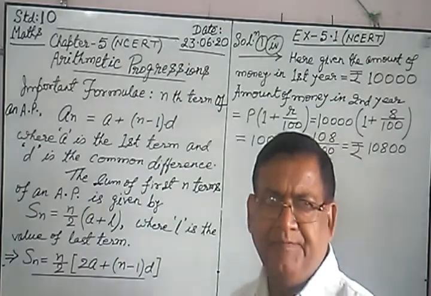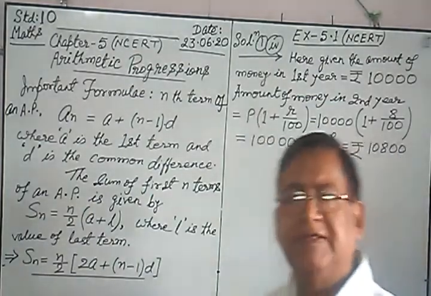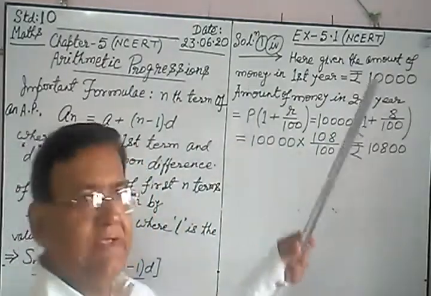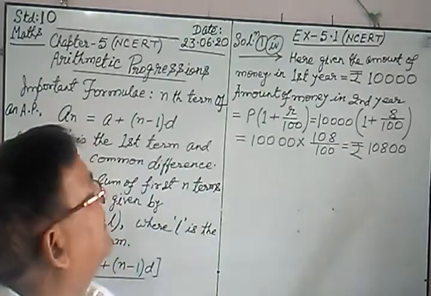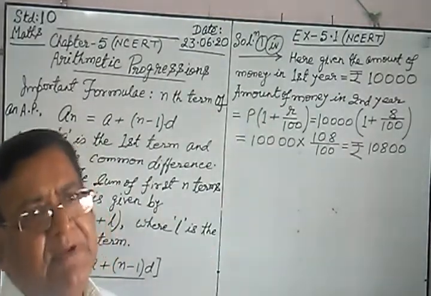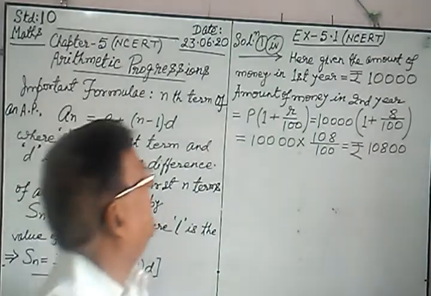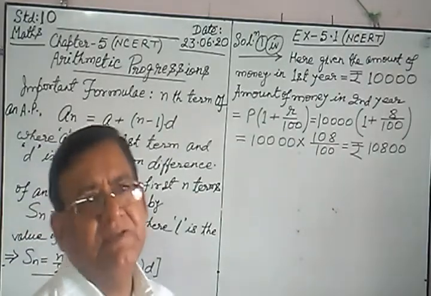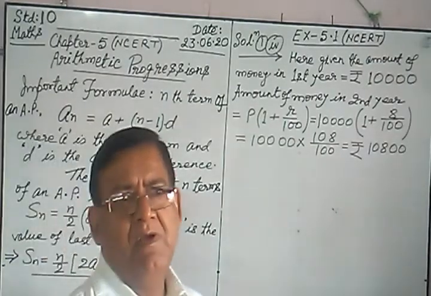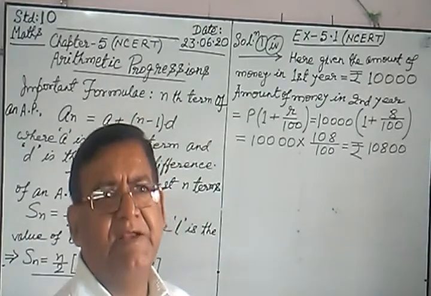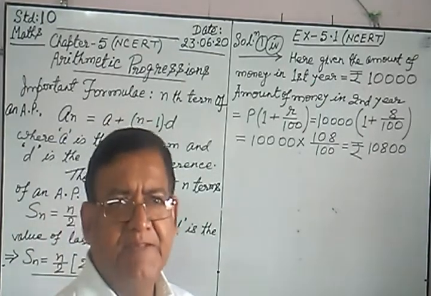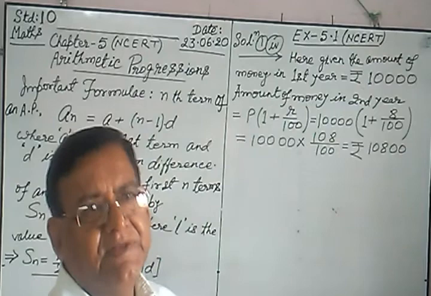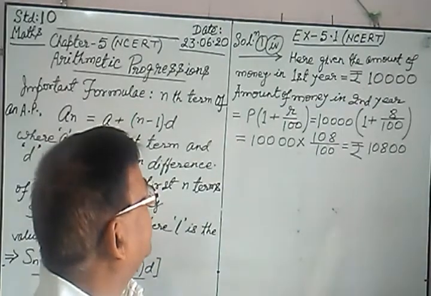Now we will solve the sums. First of all, we will do sum number 1. See your book, the fourth sum of sum number 1. Here the amount of money deposited in the first year is rupees 10,000. It is given in the question. When the person deposits the money in the bank, the principal amount, the amount of the first year, is 10,000. So after 1 year,